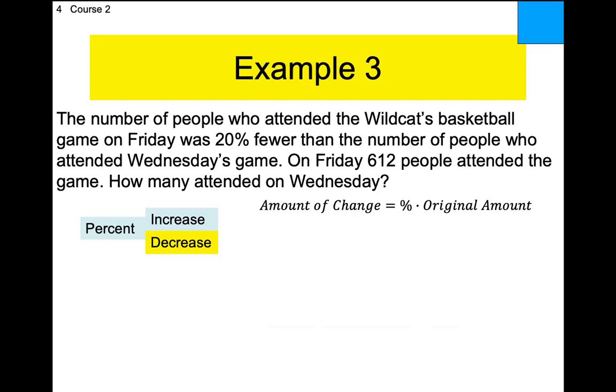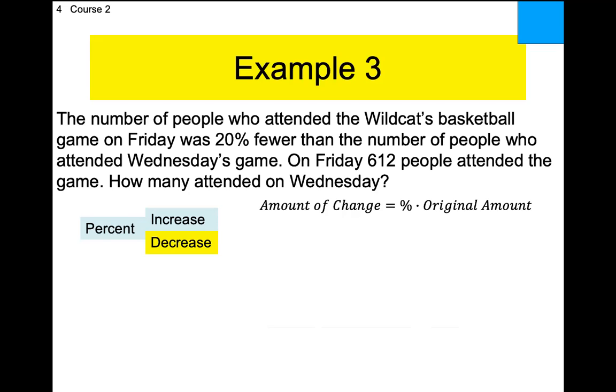Okay, it's a decrease. Once again, I'm making these numbers up. 10 and a 7. That's a decrease, right? Okay, so if it's a decrease, what happens first? The big number or the small number if it's a decrease? So Wednesday is going to be the big number. So which one gets the X, the Wednesday or the Friday? So this is my X, and Friday is? And what do we do with these two numbers? So there is your original amount, X minus 612.